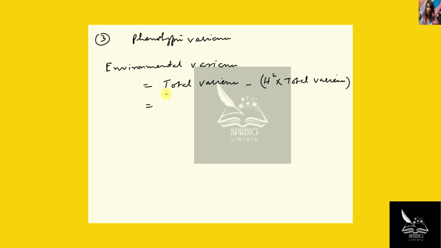The total variance is 22 and heritability is 0.8, times 22 again for total variance, which is 22 minus